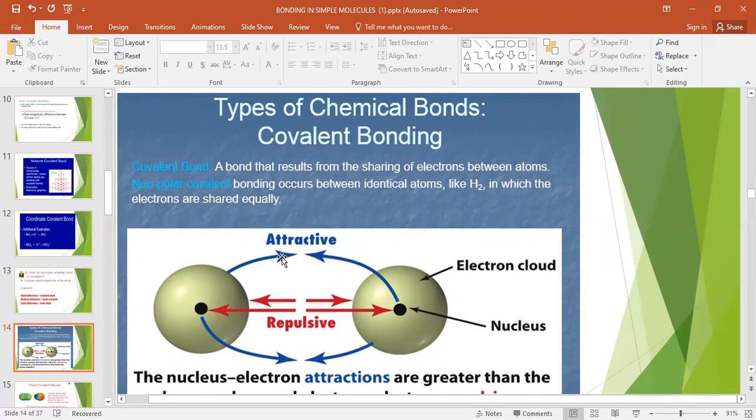But if same atoms like H and H, both have the same value 2.2, 2.2, the difference is 0. So what do you think? With the same charges, do they repel or attract each other? They repel. Why? Because